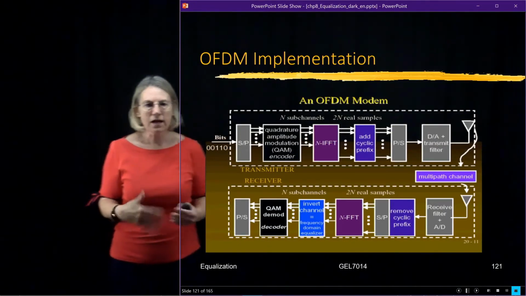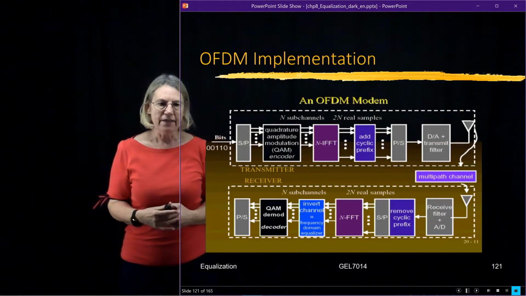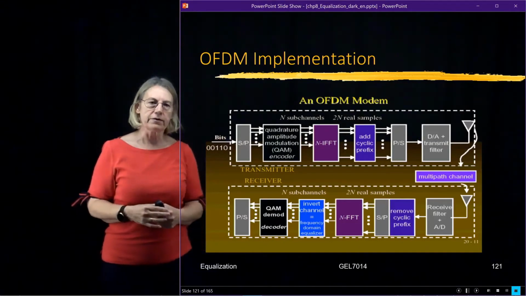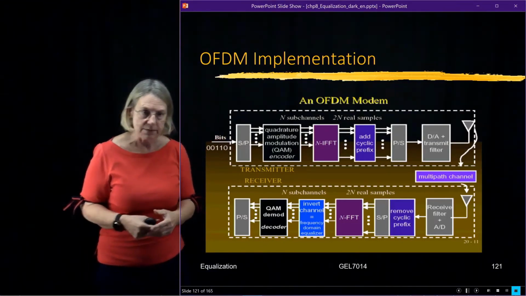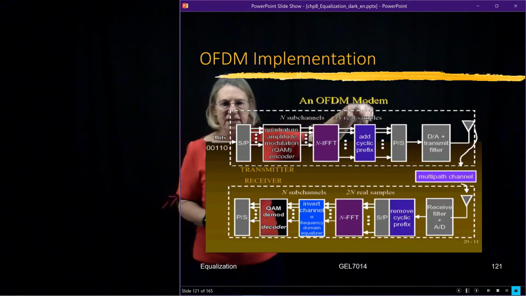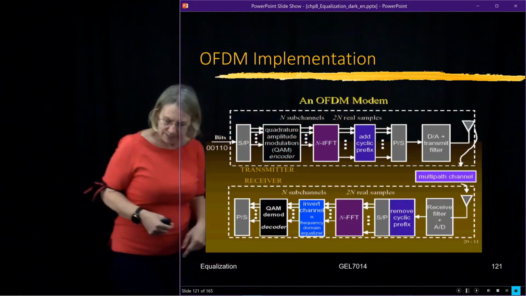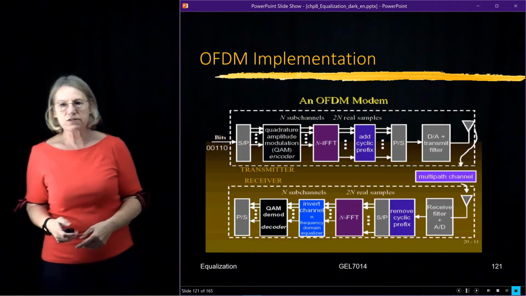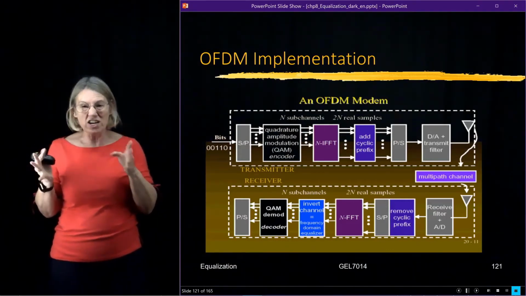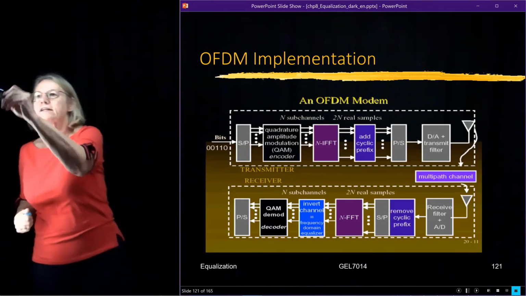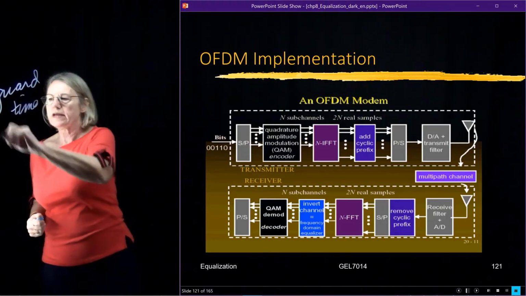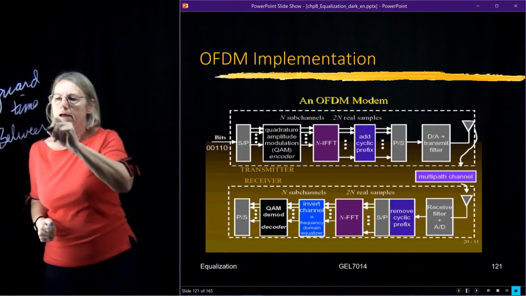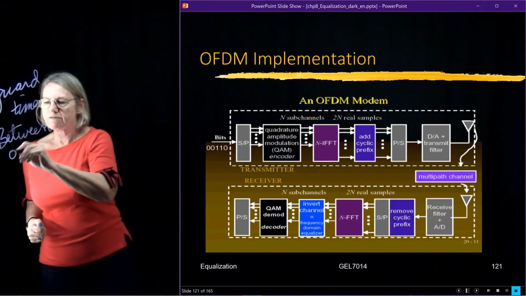There are a couple of steps going on that I sort of glossed over, and now I'm going to give you a little more detail on what is needed for this implementation. The first one is called the cyclic prefix. Cyclic prefix corresponds to that time that I said was a guard time, during the guard time between OFDM symbols,